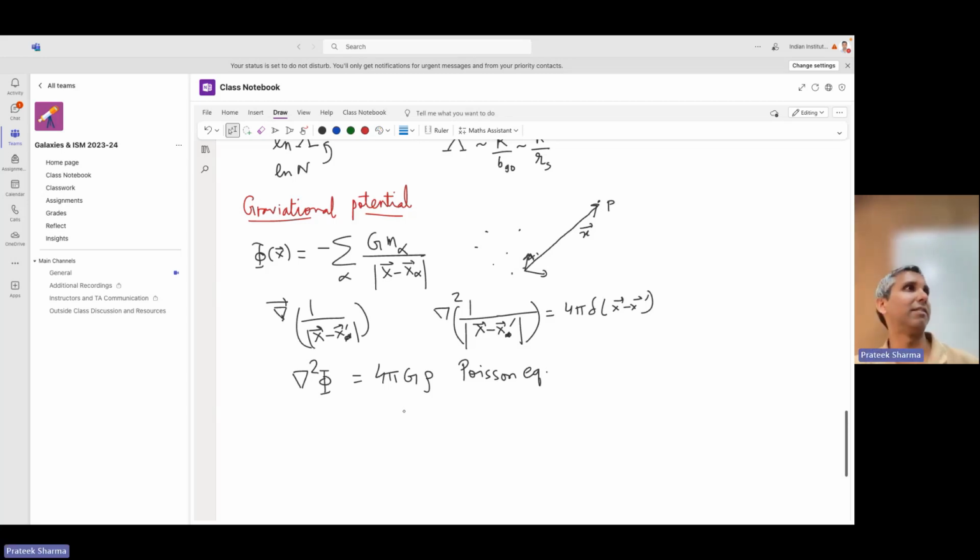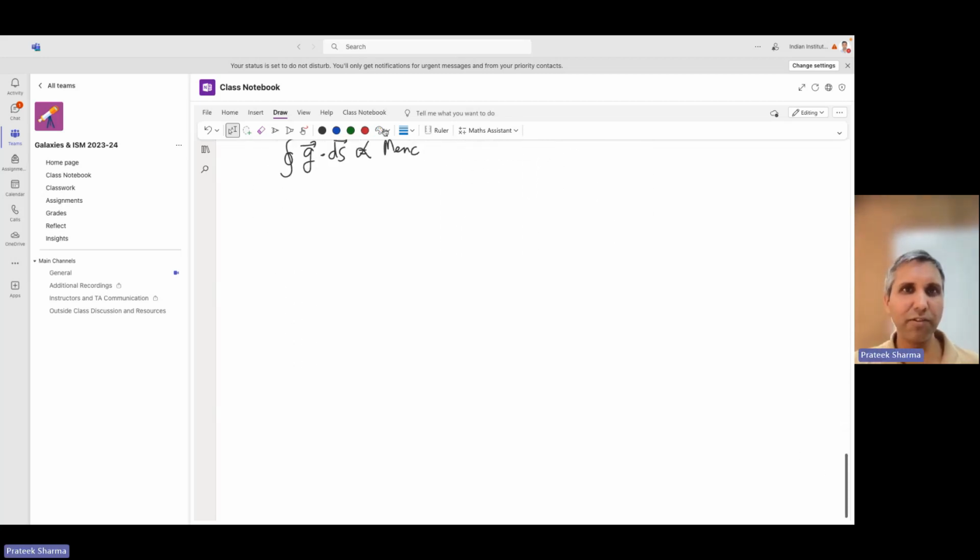Like Gauss's law, right? We have the integral of E dot dS is the charge enclosed. In the same way, you can do the gravitational acceleration dot dS is proportional to the mass enclosed. All this we all know, so we'll not go into this. But all the tools that we learned there can right away apply in gravity. But we should start with something classic which you already know. So Newton's theorems.